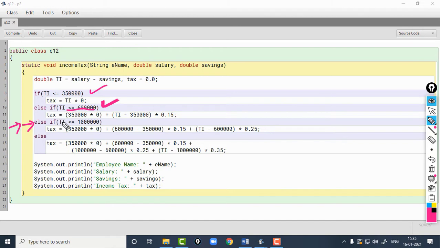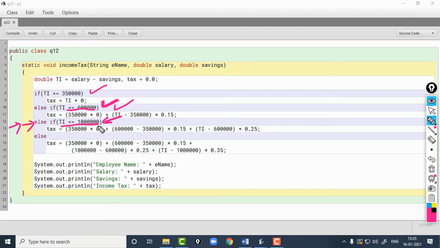I did not check it because it was already concluded in the previous condition that TI is greater than 6 lakhs. Then only the control came to this condition. So the only thing that needs to be checked is whether TI is less than or equal to 10 lakhs, and that is what I have done here.